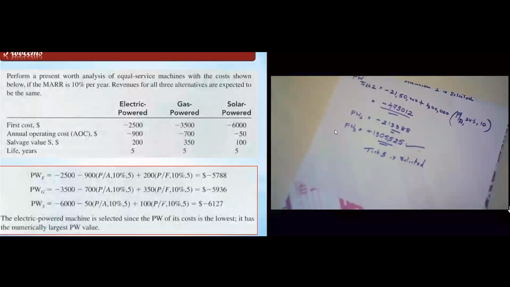the present worth amount. Here we have salvage value, which is taken as positive because it is a revenue dominated cash flow. We have one component relating to the first cost and one component relating to the annual operating cost. So we have two components relating to the cost and only one component relating to the source of income, that is salvage value. Since they have already given the signs, we have taken the signs as it is and we have solved.